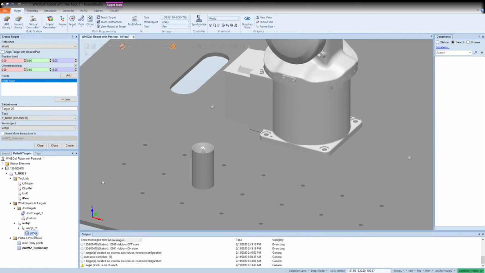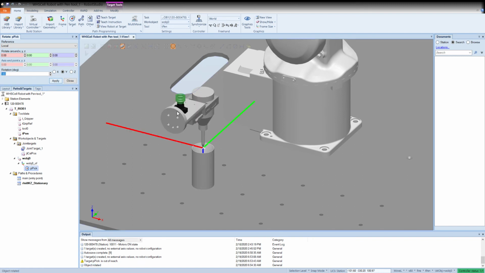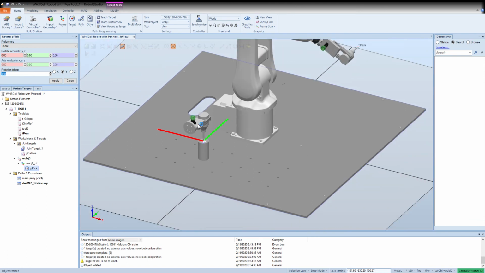So right-click on P-Pick, modify, rotate. You can see which axis is going in what direction and what you need to do to get it in the position that the robot could reach. I would select possibly this Y-axis, so I'll pick Y, and I want to flip it upside down, so that's 180 degrees. Apply. That's better, but it's not perfect